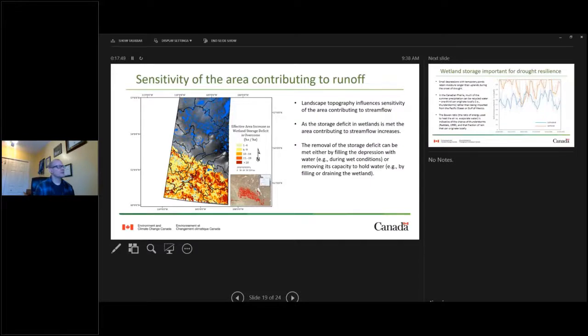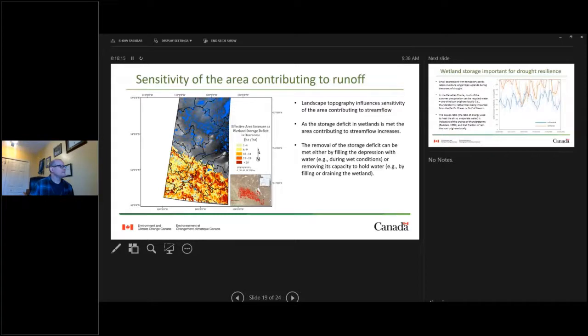So what this map in essence shows is the sensitivity, perhaps, of different areas to drainage. So coming back again to the point that maybe place matters. Right? There are certain areas where we need to be more cognizant of choices that we make that maybe others won't have as large